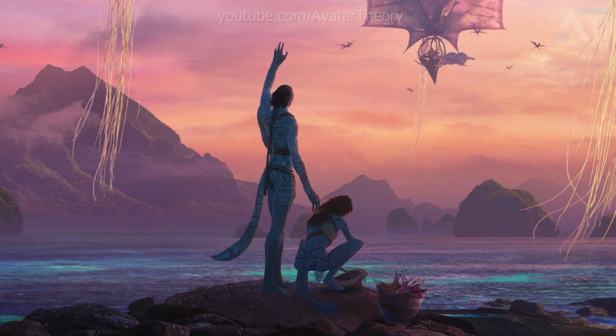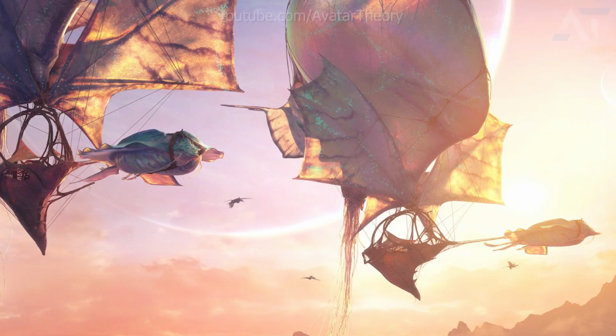And considering this Metkayina is kind of waving at these floating structures, it could either be them welcoming the Wind Traders, or it could be them saying goodbye to whoever is on top of these structures. I say that because these structures you can see are kind of turning sideways, almost leaving, especially the one on the far right. You can see all of them are turning sideways, maybe heading the other way, maybe heading to the Ometekaya, but